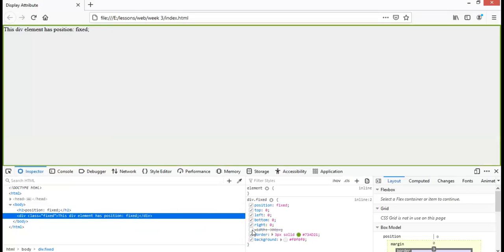Okay, so if you decide not to give it a width, then it will cover the entire space, because we say away from the top is 0, away from the bottom is 0, away from the left is 0, away from the right is 0. So it covers the entire screen. That's what you want. But if you want it to cover only a certain portion, in this week's assignment, you are supposed to make a div which will cover about